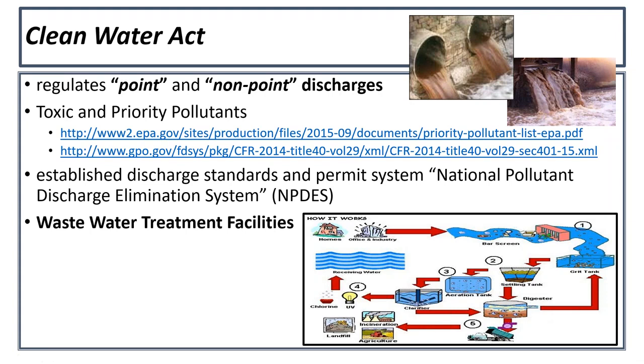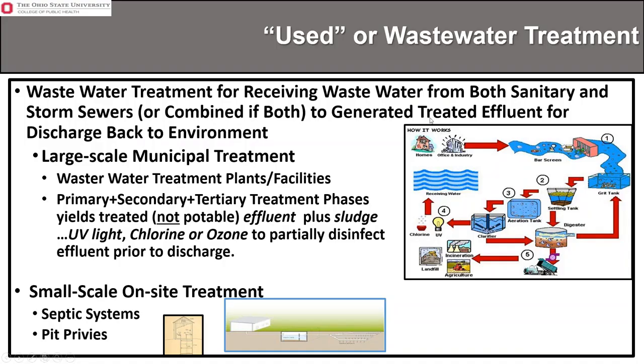And sludges are nutrient rich, but raw sludge is also rich in infectious agents and/or pathogenic agents, and it needs some form of treatment or stabilization if it's going to be used for agricultural purposes, such as fertilizer. Otherwise, it can be landfilled or incinerated. There are other uses as well. And so we have large-scale municipal wastewater treatment.